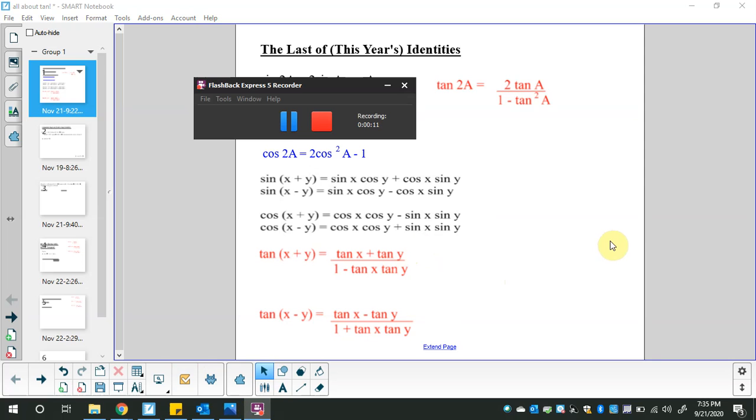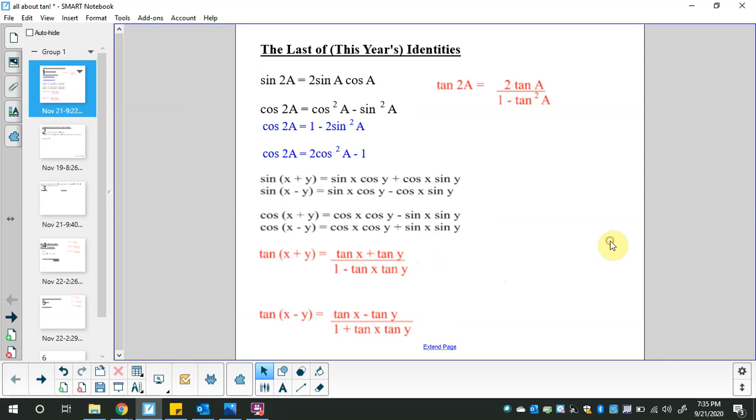I think this is the last identities note, and here again are the last of this year's identities. Remember that there were 17 in the previous note at the very beginning of this unit. The 17 there didn't include double angle identities or compound angle identities. These ones do. So if I separate them for you,